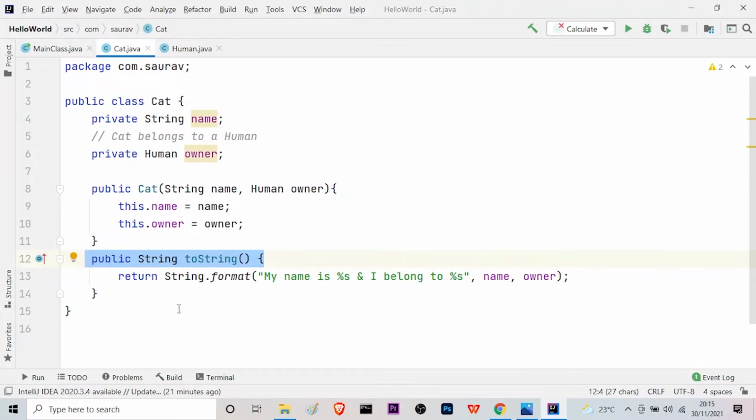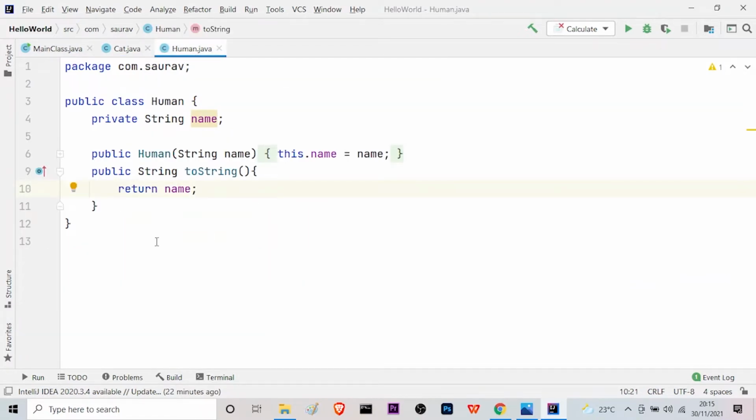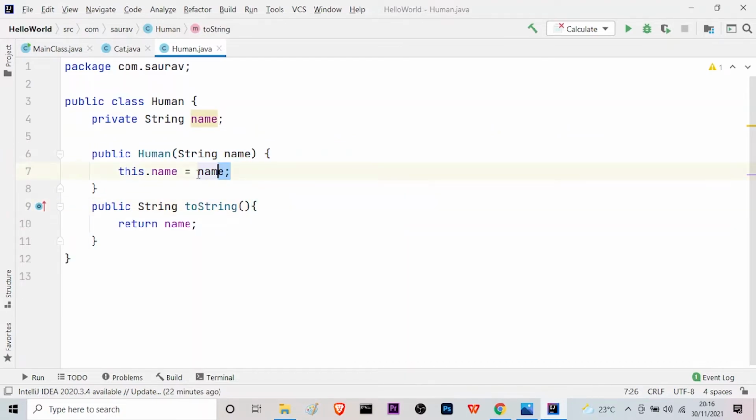But in order to understand this better, we have to go on to the human class. So let us go on to that. Here you can see this is the human class. Here I have this variable name which belongs to the String class, and then this is the constructor. In this constructor we have the attribute name.